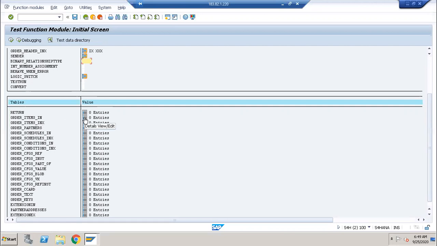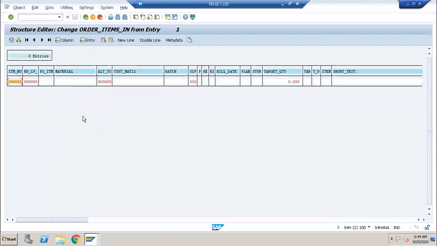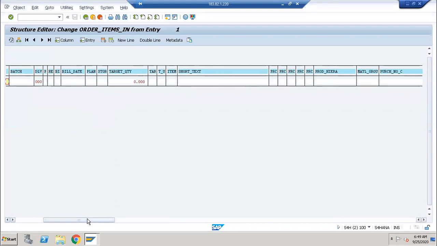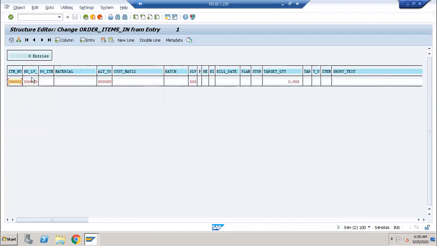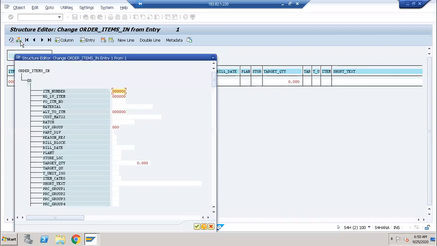And now I am clicking on this button. A table symbol is coming here, right? So I am clicking on that button. Now I will click on this button because I want to display this table vertically. If you see here, it is coming horizontally, and it is not good to scroll to the right side each and every time. So I will click on this button, and now we can get the values vertically.